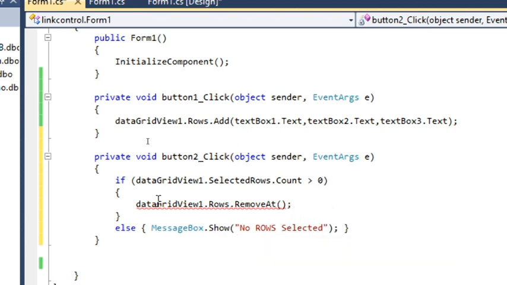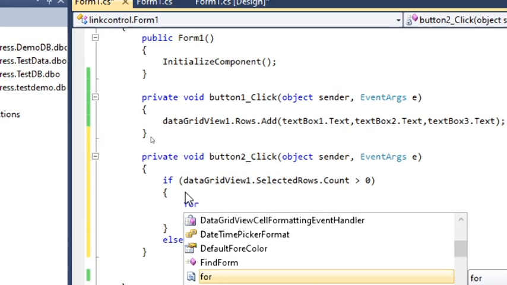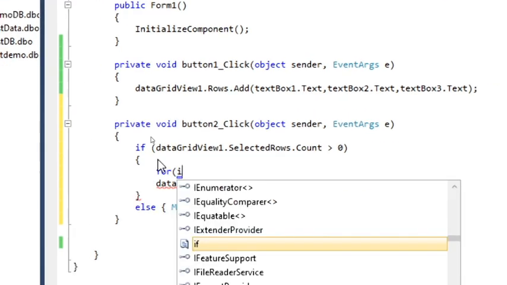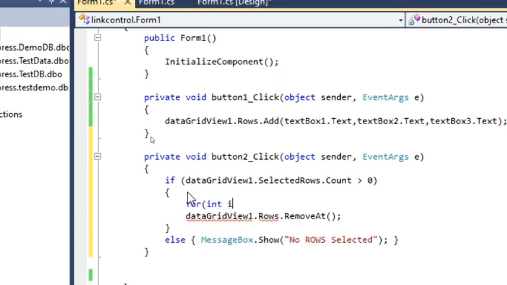Okay, now after giving the if condition, let's take a loop so that it can check if we want to delete any more data in the list.